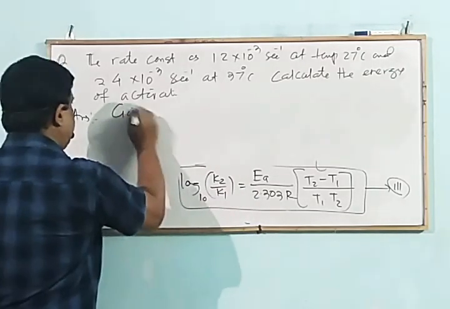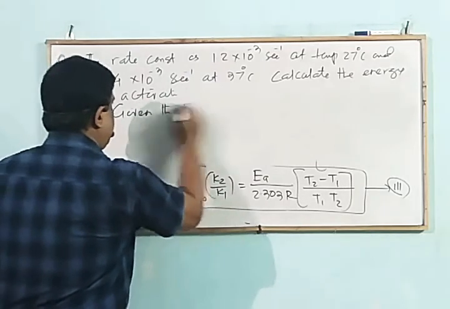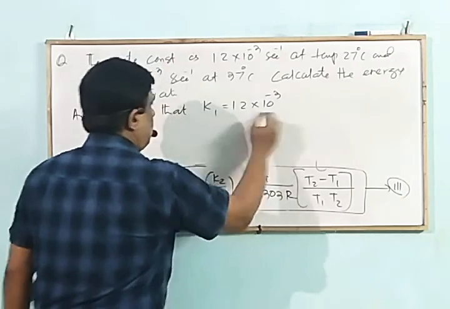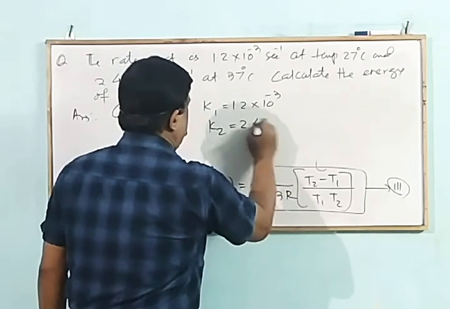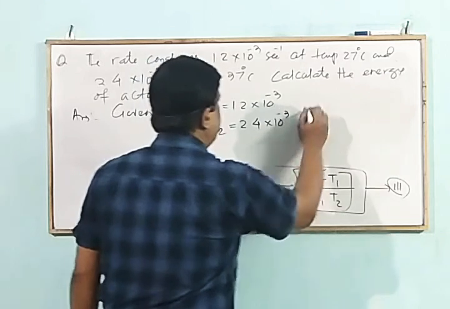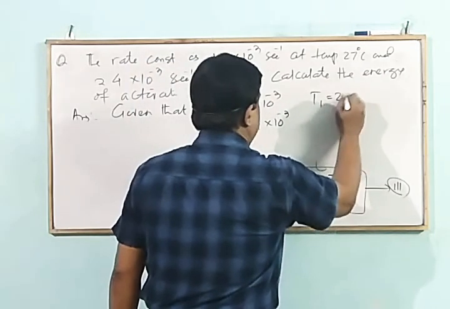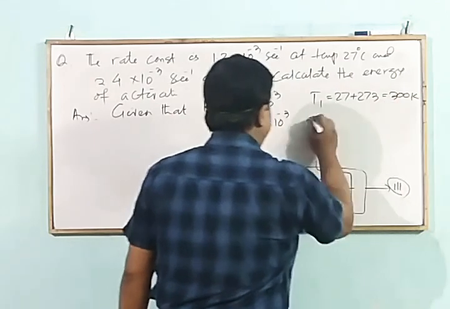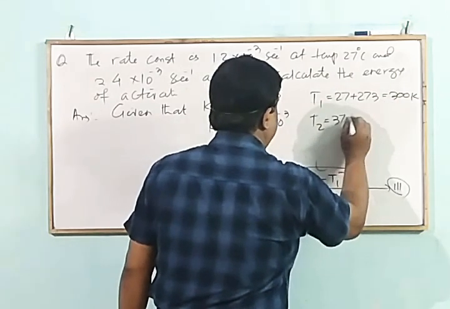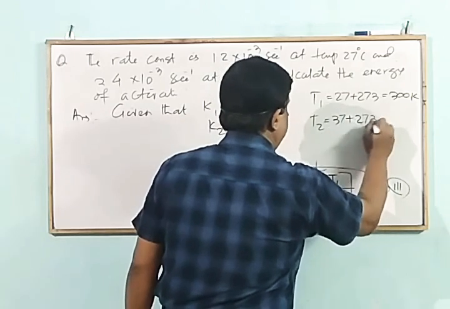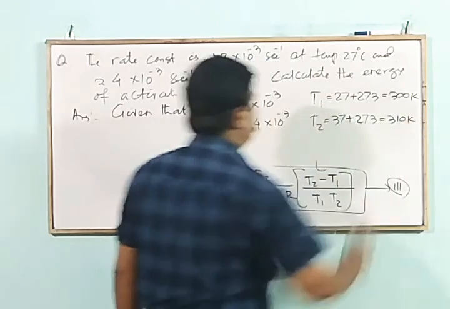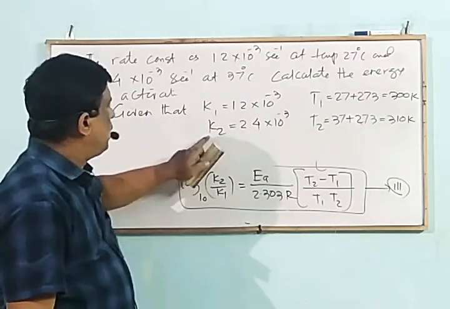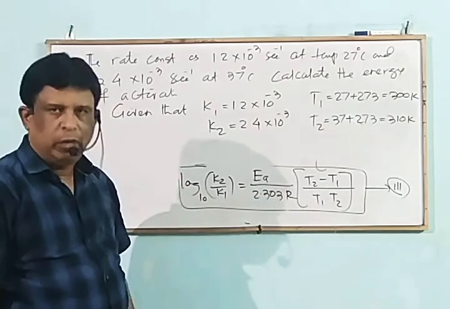Answer. Given that K1 is equal to 1.2 × 10^-3. K2 is equal to 2.4 × 10^-3. T1 is equal to 27 plus 273, that is 300 Kelvin. T2 is equal to 37 plus 273, that is 310 Kelvin. So putting the values of K1, K2, T1, T2 in this equation, we have, mark that,